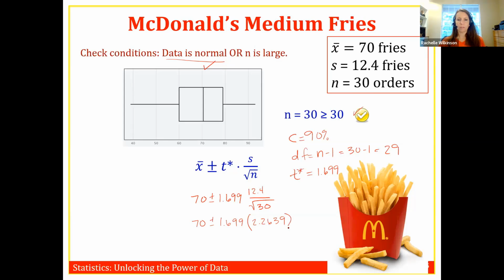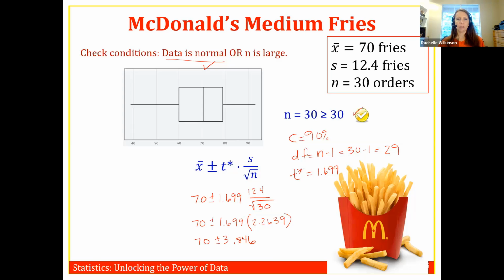2.2639. All right, what's the name for this quantity? This 2.2639 has a special name. What's the name for the 2.2639? Yes, this is the standard error, right? Okay, so now I'm going to multiply the standard error by my T star. It's helpful if you can just leave numbers in your calculator. So that standard error number is already in my calculator. So now I'm just going to hit times 1.699, and then I get